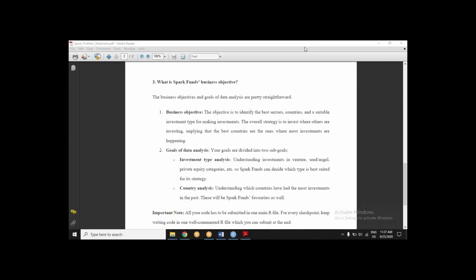Now, what they want you to do is create your business objective. The goal of your analysis is to find the best investment type, and what is the best country to invest in for your client?